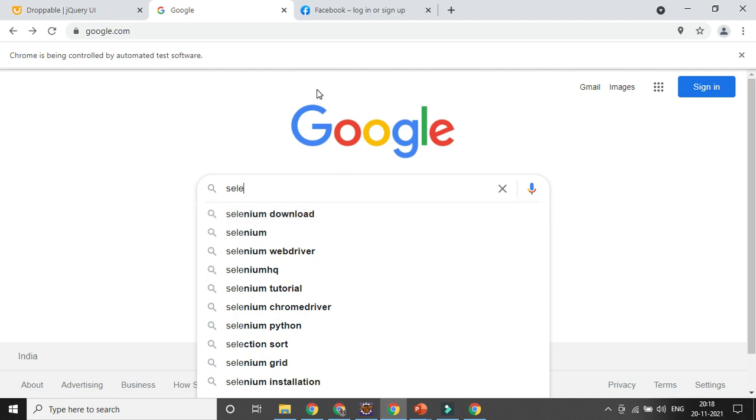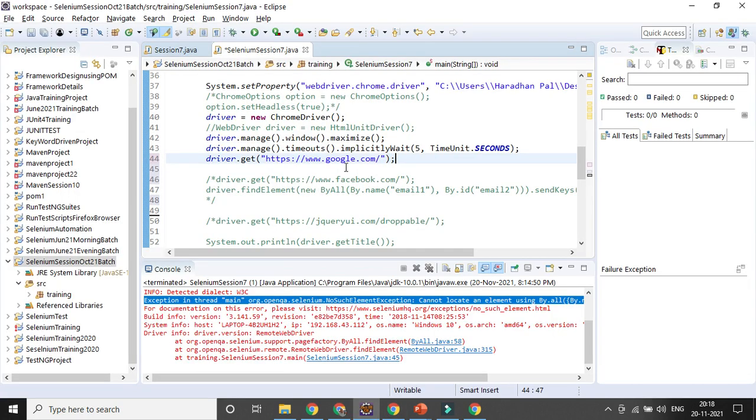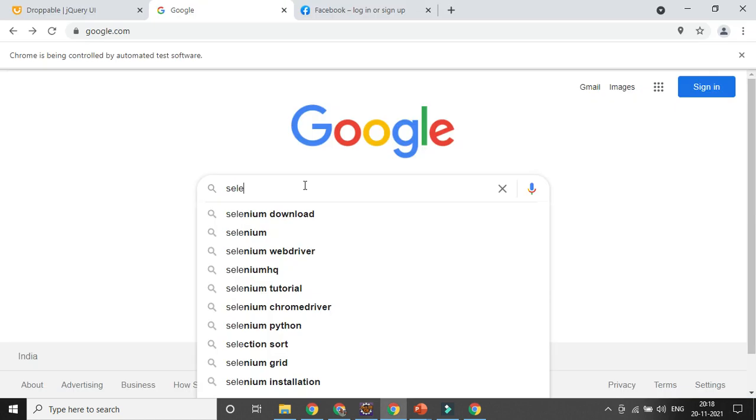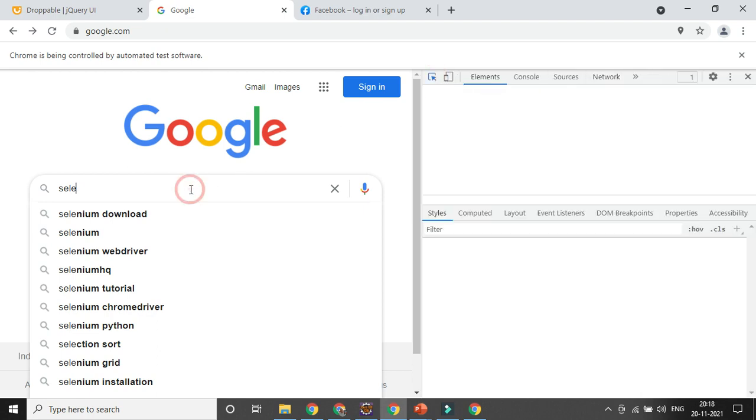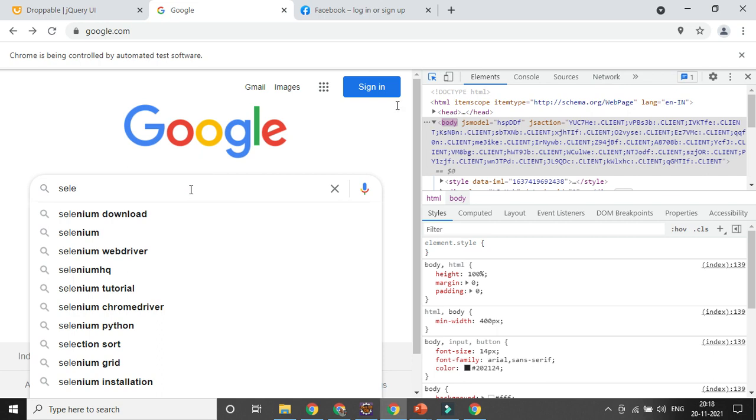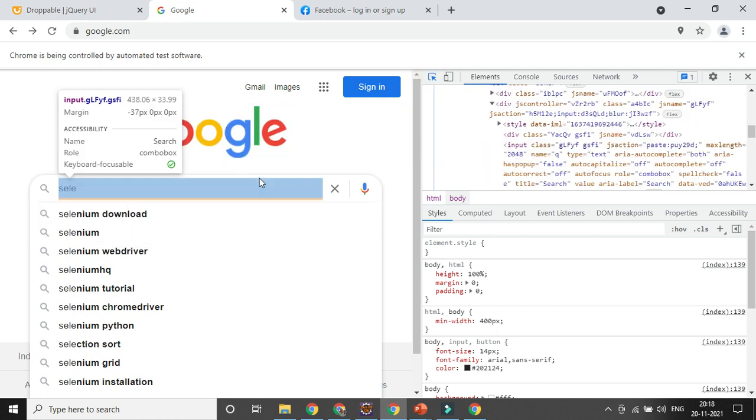I already opened that page here. Now let's go to that search option and inspect the element. What are the options?